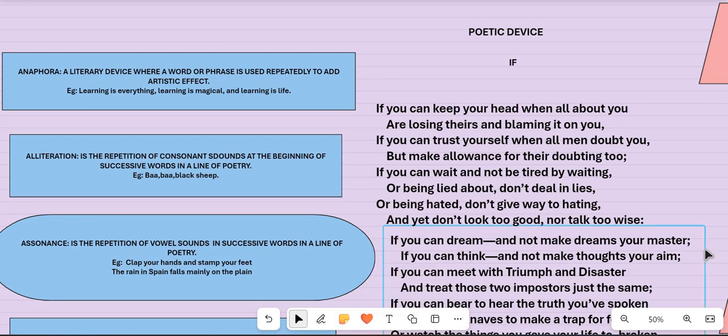Good morning. So today we are going to do poetic devices from the poem "If". This time I am going to share a whiteboard, Microsoft Whiteboard, in order to teach poetic devices from "If". Why am I doing this? Because I could have easily made a slide and made you understand the concept. But some people who are just beginners in these concepts will find it difficult to understand